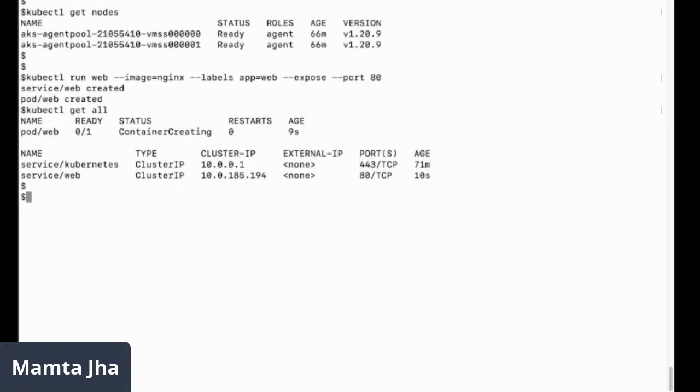So we are running a pod here, which is named web, which has come up with the Nginx image. Label is app web. It is listening on port number 80, and it has a service associated to it. It is residing in the default namespace because I didn't specify the namespace parameter. Let me create a test pod.